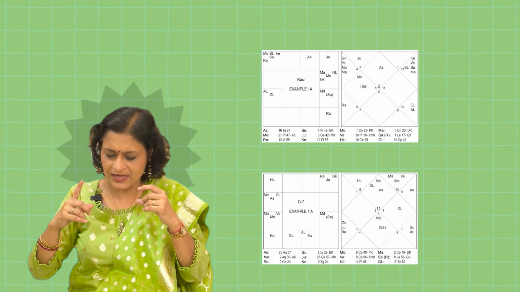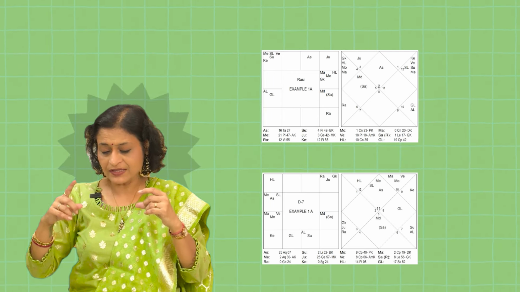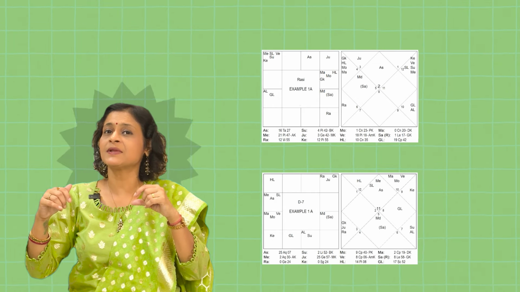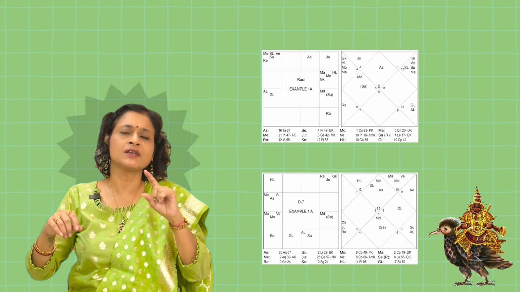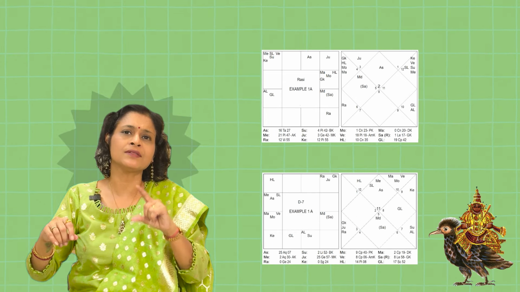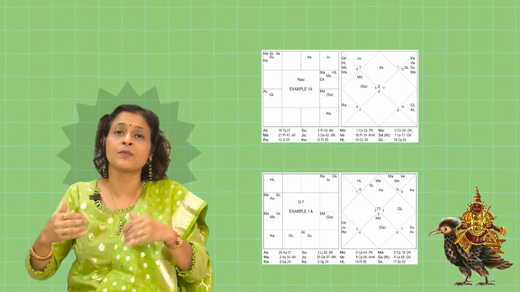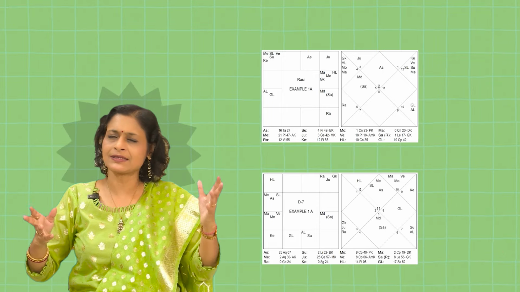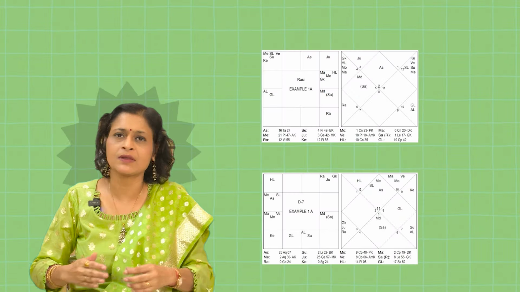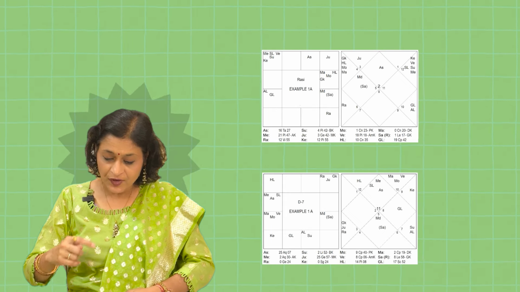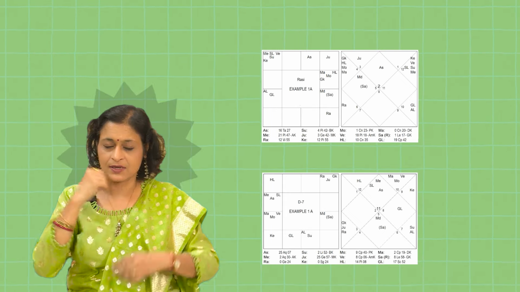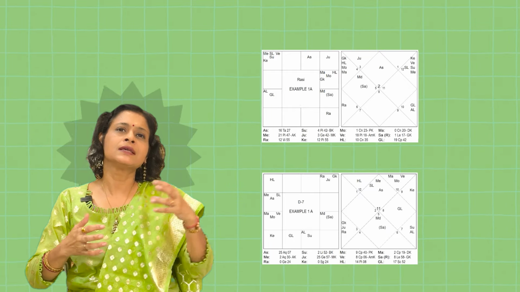But for now, we take it as a Taurus lagna, and we see that in the 5th house, there is placed Rahu. Malefics in the 5th house, and especially we have got a dictum which says that Rahu in the 5th house does not promote children, and we have taken that example of Narendra Modi, we have taken the example of Rahul Gandhi, lot of people. It can give you name and fame, and it can give you a lot of intelligence, but definitely not children. So, first there is a cross here, then we go on to the other aspects.